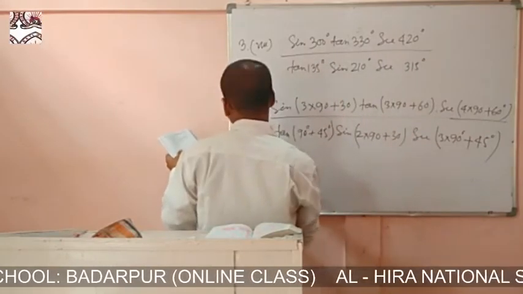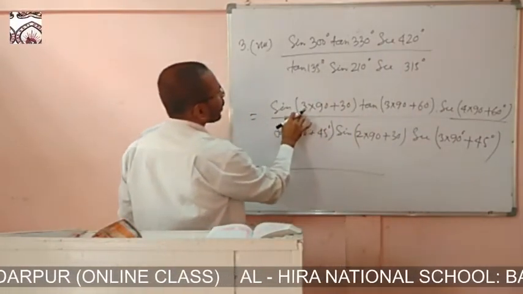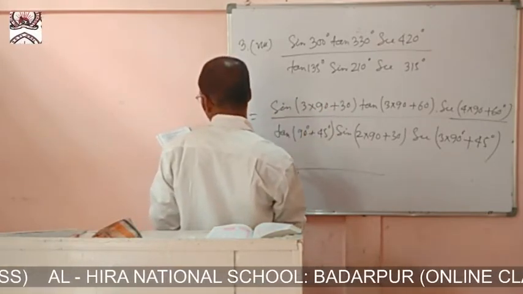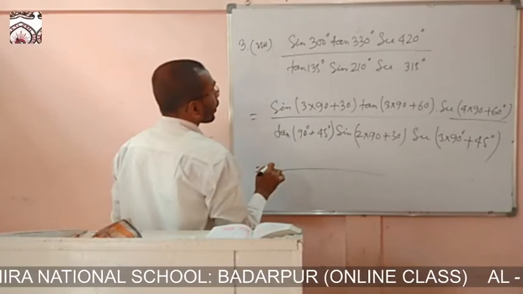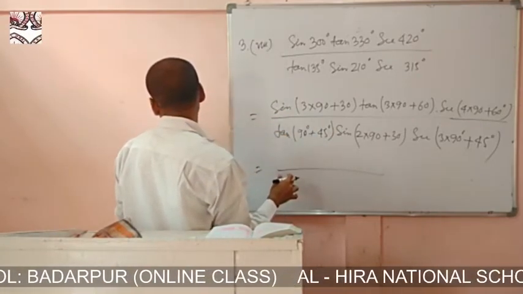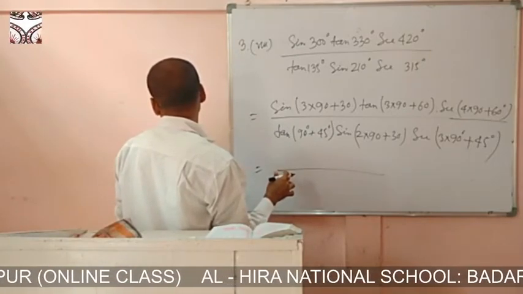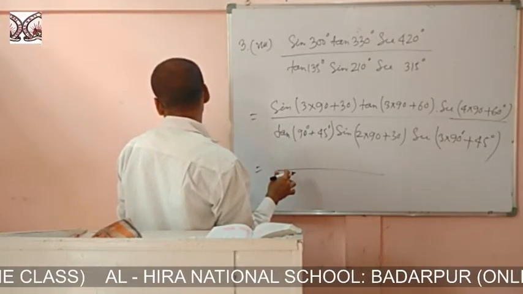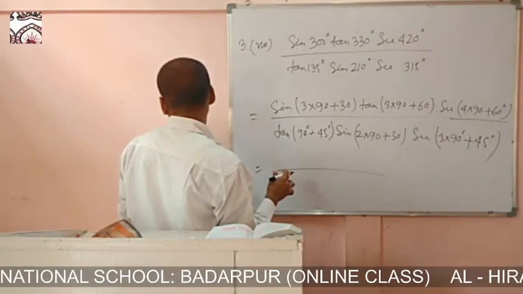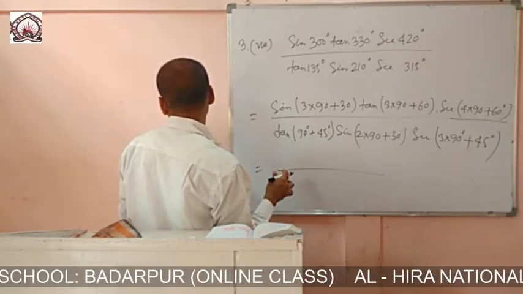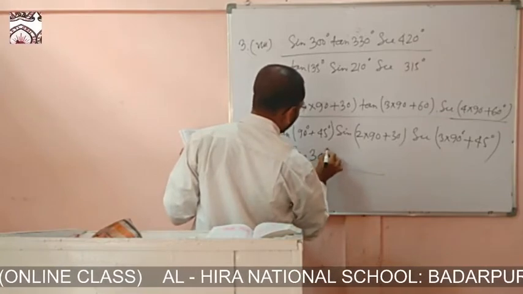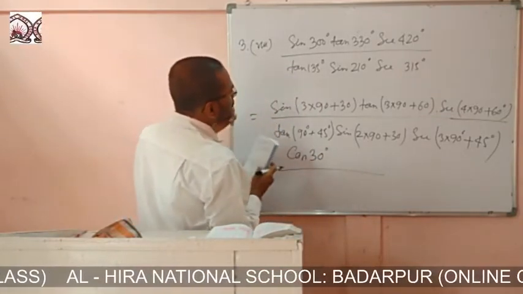So this one is sine, this one is an odd multiple, so sine will become cos, and this will be in which quadrant? 390, this is 270 gone, fourth quadrant. In the fourth quadrant, this is all sine, tan 390. So sine 90 plus theta will be cos theta, cos 30 degree, and this will be in the 390.